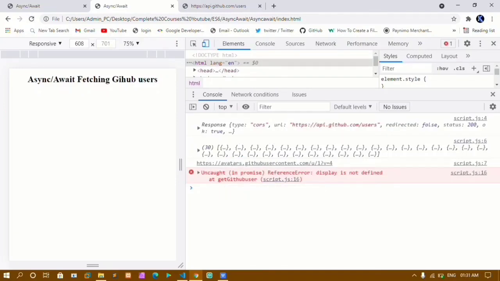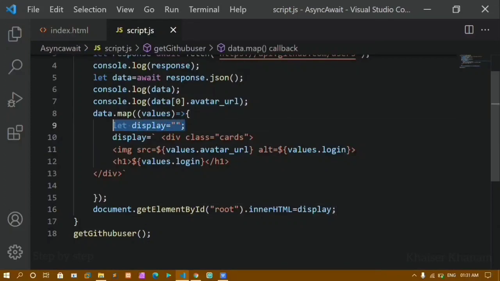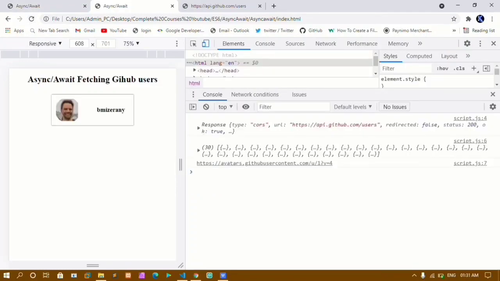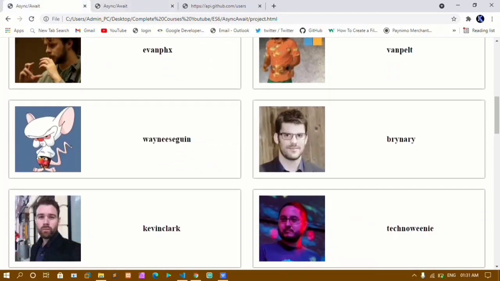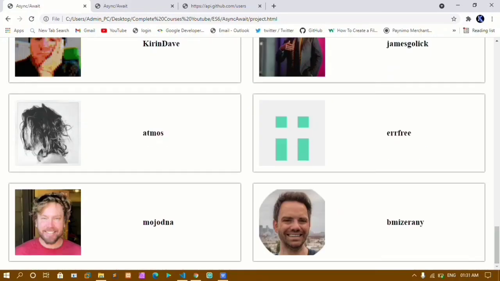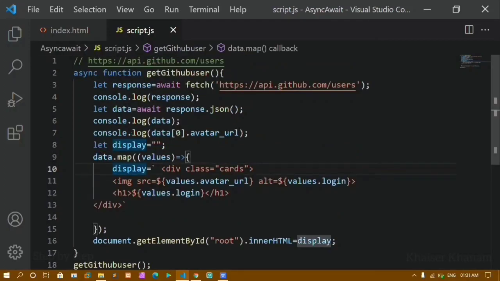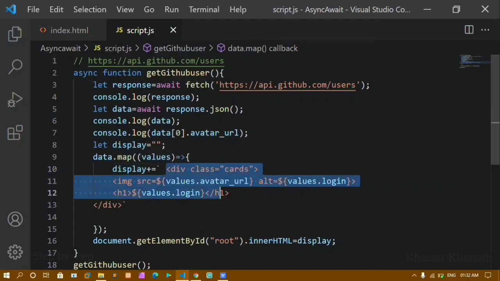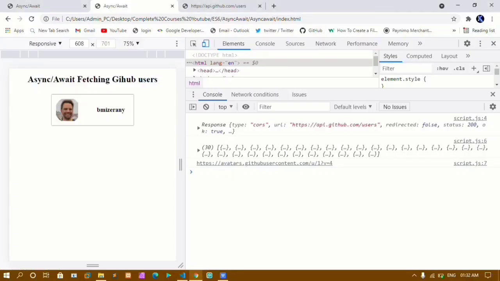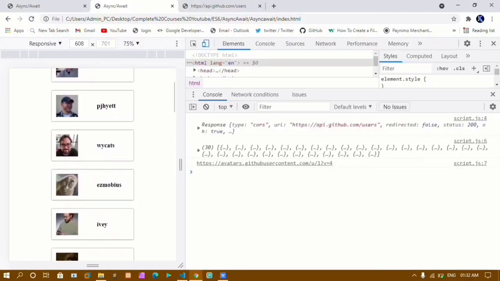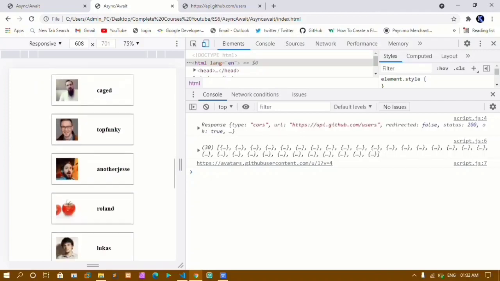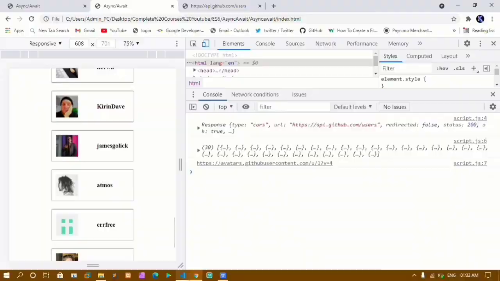I'm getting here display is not defined. I'll come here, copy it, bring it above, and save this. Now if I refresh this one, you can see I'm having the last data of the user. If you see here, this user is at the end and I'm having only the last data. So to get all the data, you just have to write plus here and all the data will be added. First I'll have empty data plus this card, then again this card plus whatever new data, then again this card plus whatever new data I'm having. Now if I refresh this one, you can see all the data of the users from that particular link got displayed here. Okay, this is how we are going to fetch the data, and